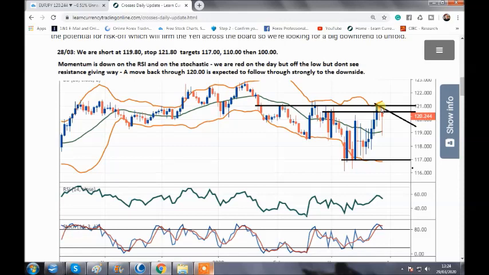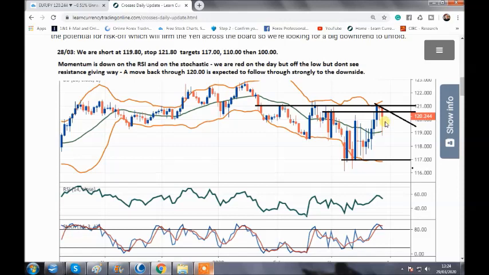Red tries to get through, can't. This red is coming back up. Big tail exhaustion. Can it get through 121? You can see that we're already short. We don't think so. Of course, it could. But I would watch, if I was coming in fresh, for a move back through 119.80. And then I think, with all the problems, those Corona bonds, if they start getting more to a head